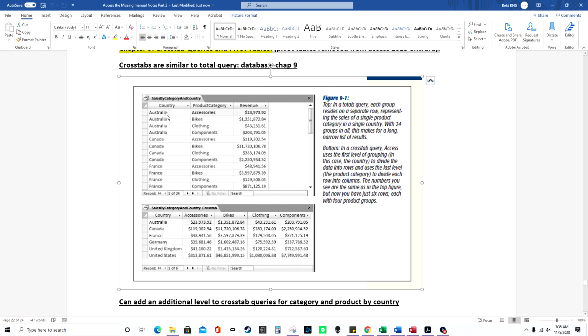So it basically just splits out an additional category across the side, and then keeps the original category on this side, and then it totals it that way. That's basically how a crosstab query works. And the drawback is you could only have one column of grouping, and at least in the wizard, you could have 3 rows of